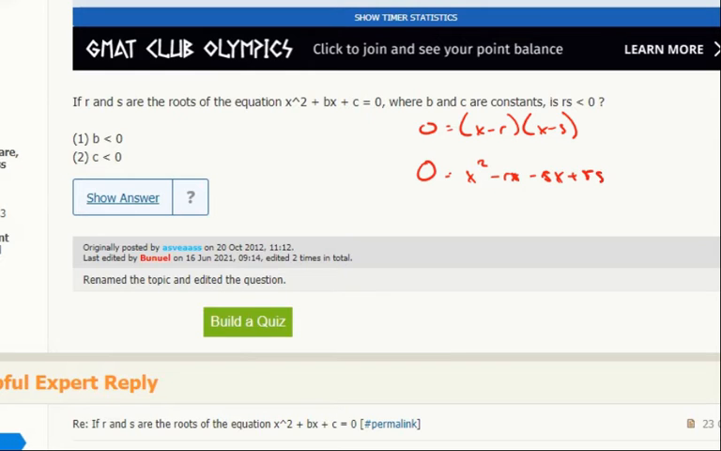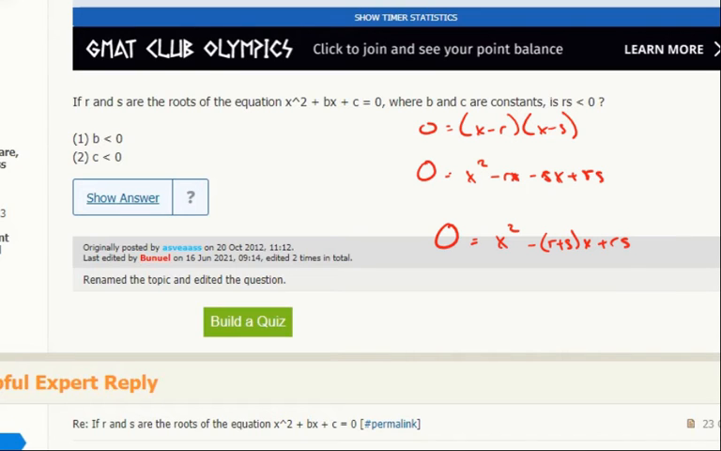plus rs. So to make it look like the quadratic, it's x squared minus x, no, or minus, let's do this. Like that. Make it look like a quadratic. X squared plus something x plus the constant. So